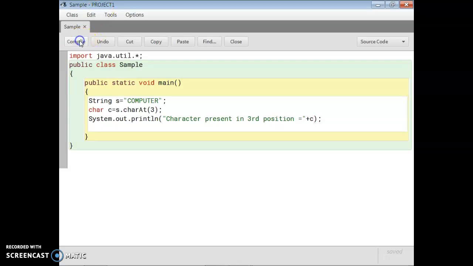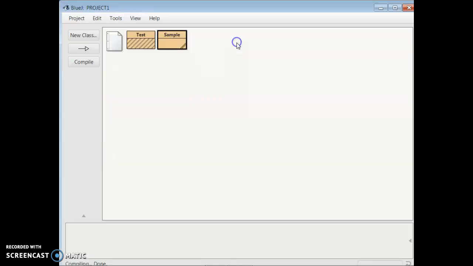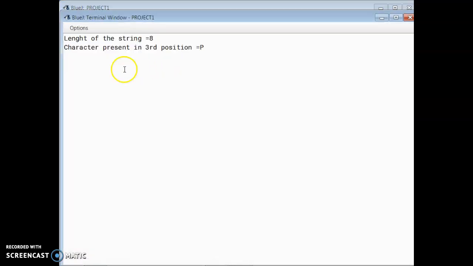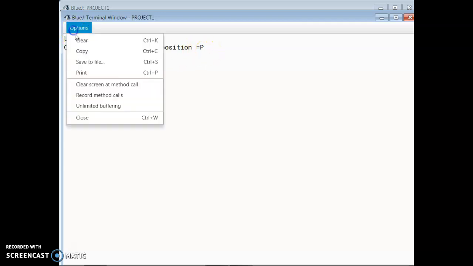So let's compile. Class compiled, no syntax error. Close, right click, void main. You see, character present in third position equal to P, which is absolutely the correct result.